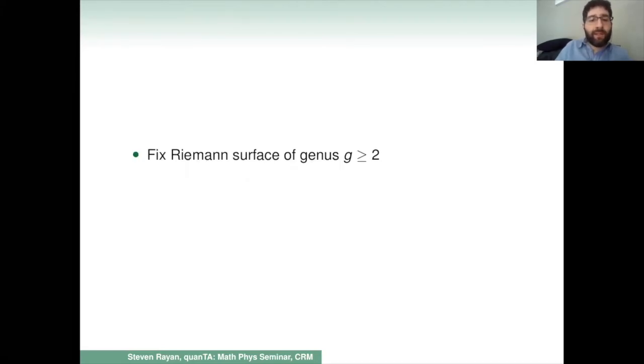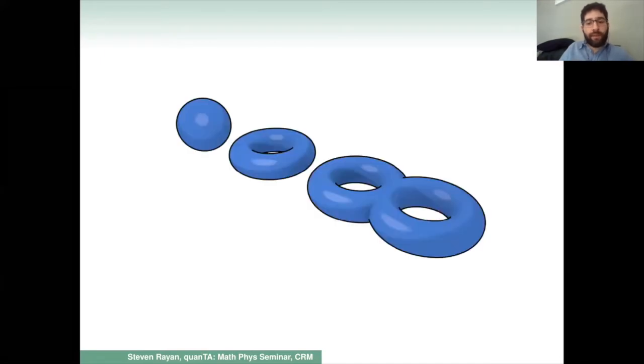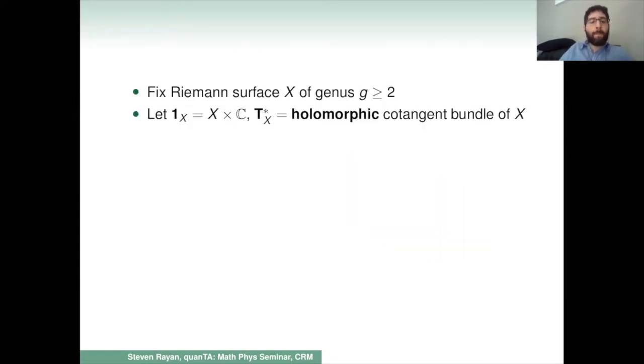And the basic ingredient in defining a Hitchin system is to fix some Riemann surface of genus 2 or larger. Another key ingredient would be to fix a Lie group. It can be allowed to be a non-compact Lie group. For us, this will just be mostly GL, but I will talk about other groups a little bit later. Okay, so we fix a Riemann surface, and these are maybe just topological surfaces. I want them to have a complex structure. And as I said, I'll take the genus to be 2 or larger.